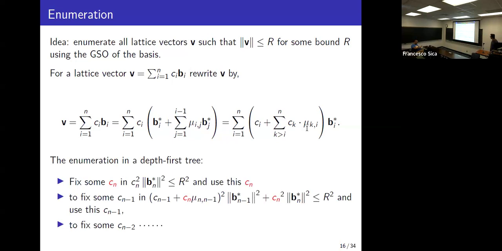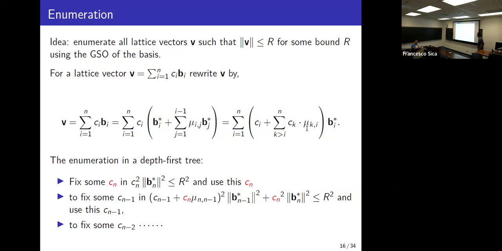So if you read this coefficient carefully, you can see that I can take the last part of this because I have the orthogonality condition. For i equals n, I can take the corresponding part, and that's exactly this part because there are no indices larger than n, right? So really the last part is just cn times Bn star. Of course, I'm taking the square norm. So I have cn squared times the square norm of Bn star smaller than the bound R squared.